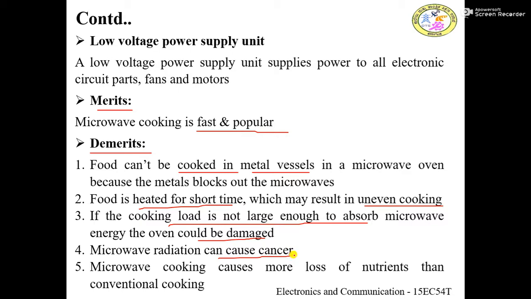That's why the interlock switches play an important role, in that they won't allow the microwave generator to get turned on whenever the door of the microwave oven is open.